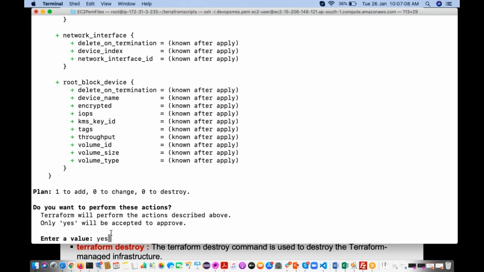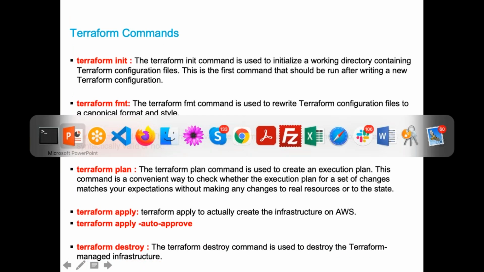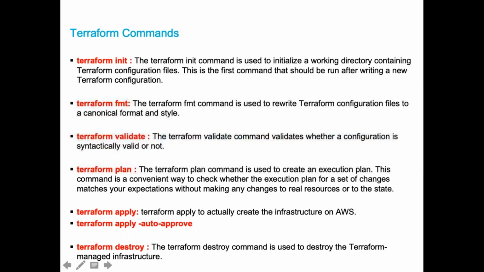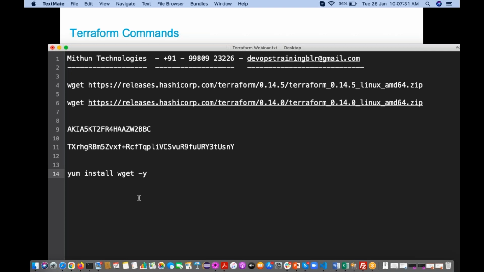If you don't want to execute this Terraform script in the interactive mode, you have to use that hyphen auto approve. It is like when you are executing the yum install wget hyphen y command, this hyphen y equals hyphen auto approve.